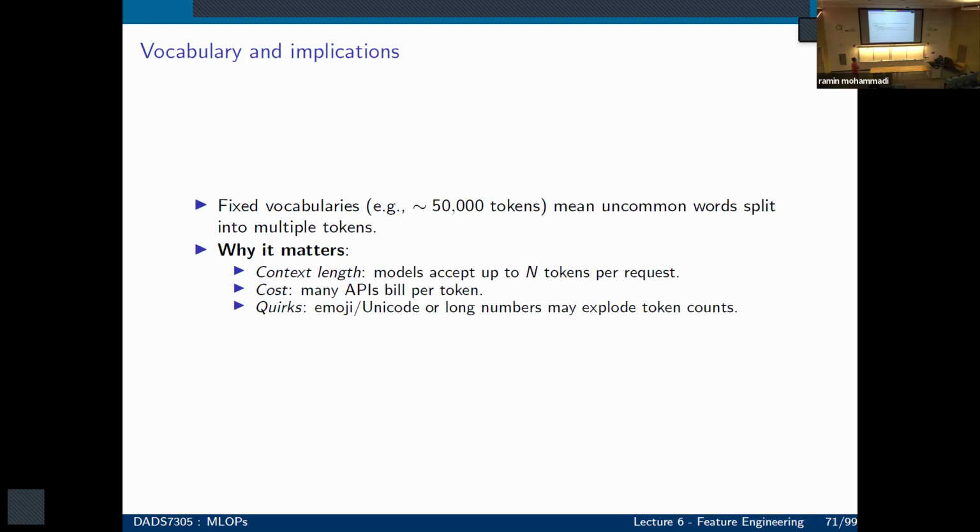But why do all of these matter? Because your context length matters, and your cost of your calls, and also if you're dealing with emojis in your data. Or an image, if there's an image as part of the text that you're sending to your LLM call, to your API,